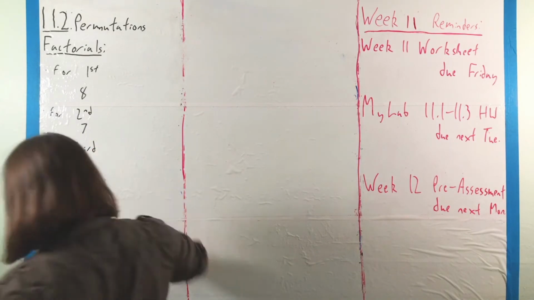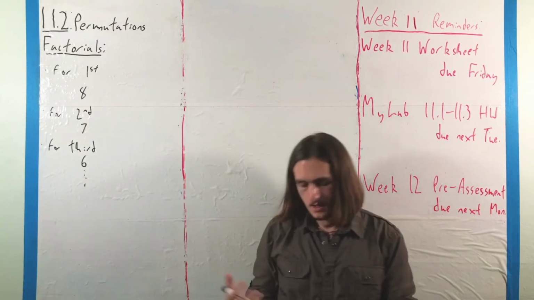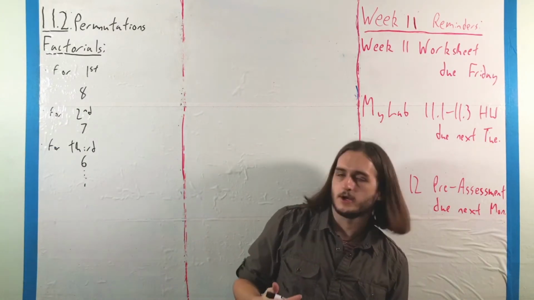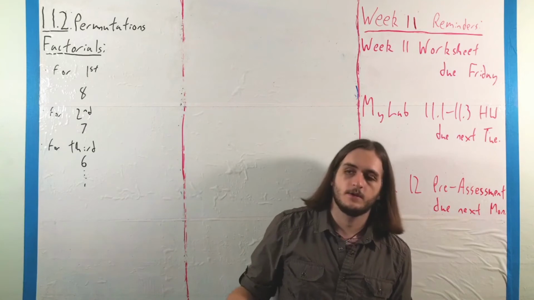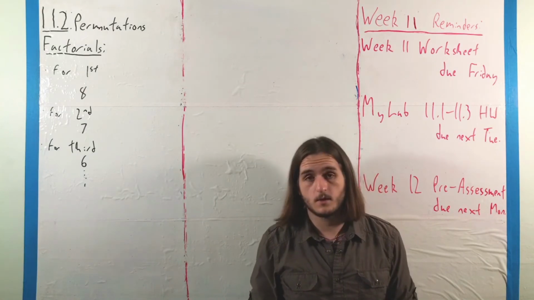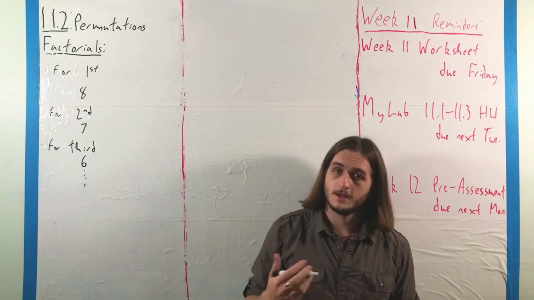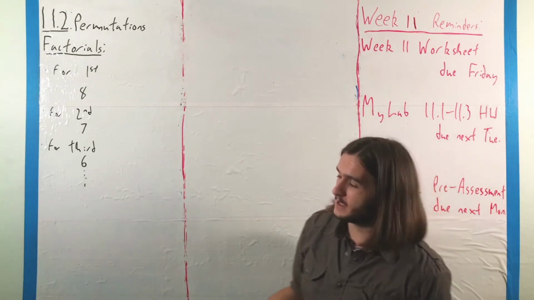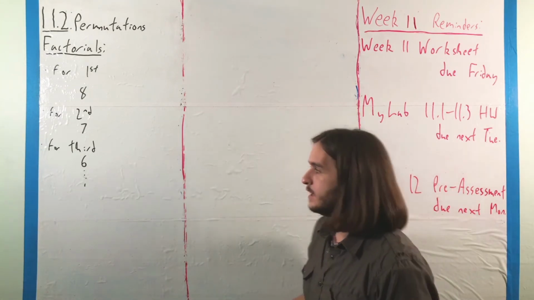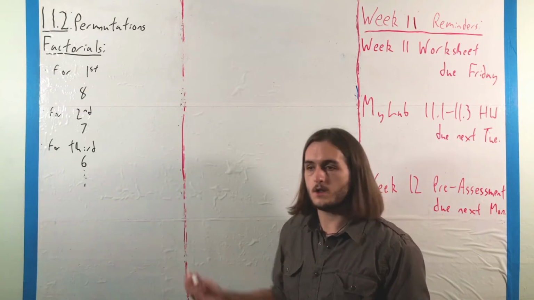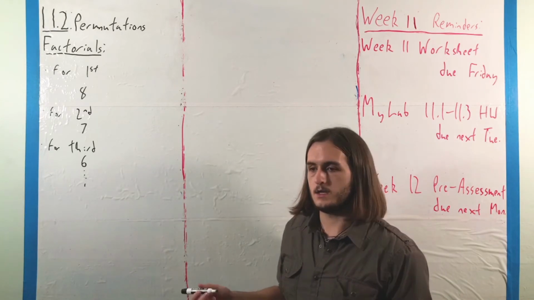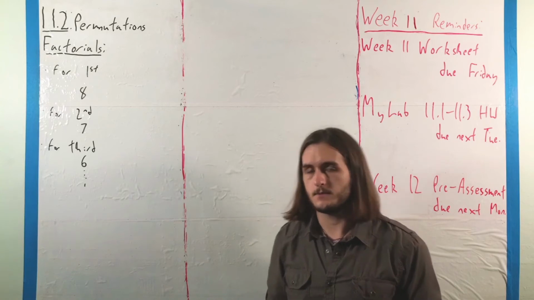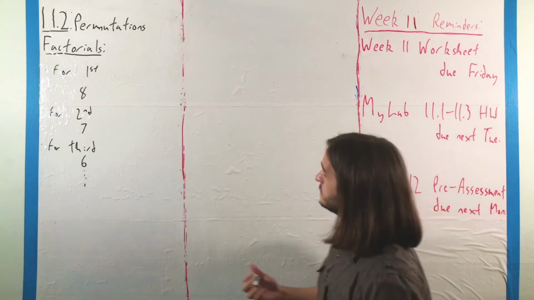And you could keep on going down the line. You would get that for fourth, there'd be 5. Fifth, there'd be 4, 3, 2, and 1, all the way down, because someone does have to finish in last place and they can't get any other position. The idea here is if you take all of those options and you add them up, in this case multiply them out,